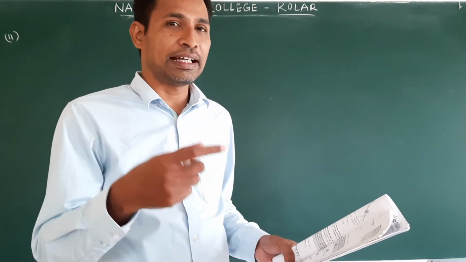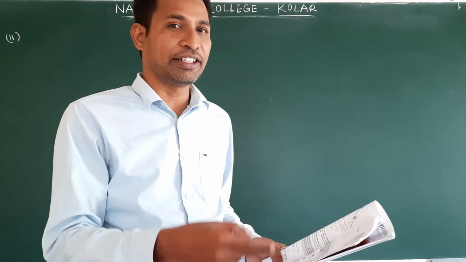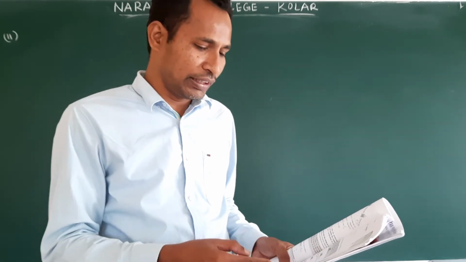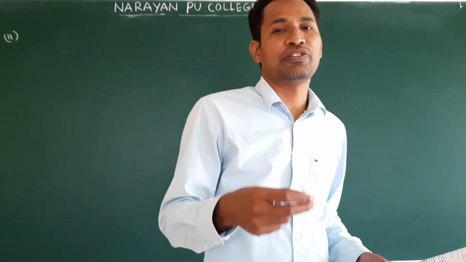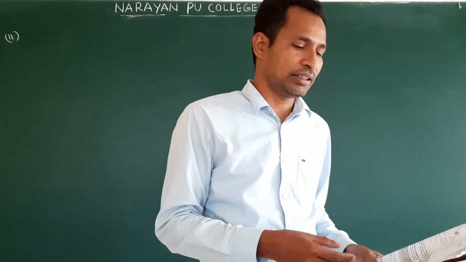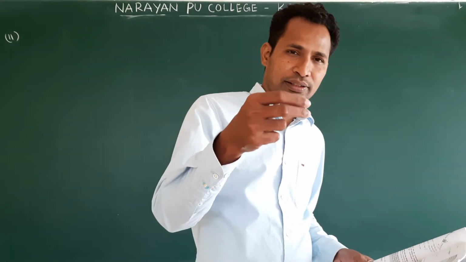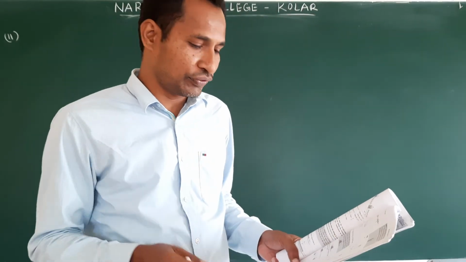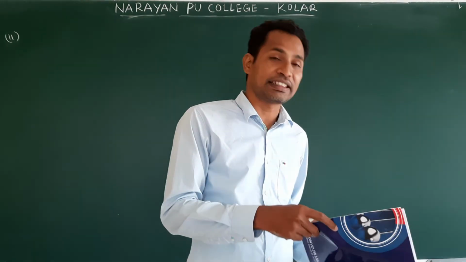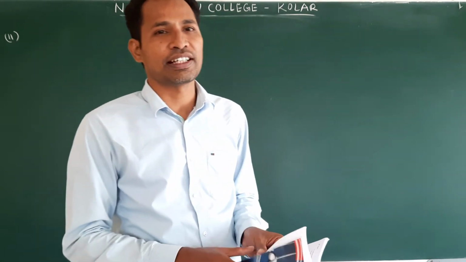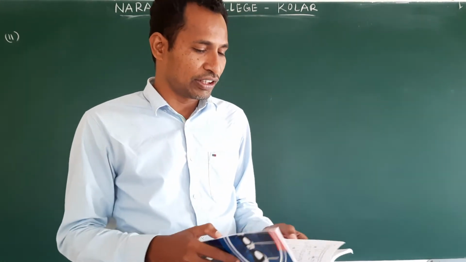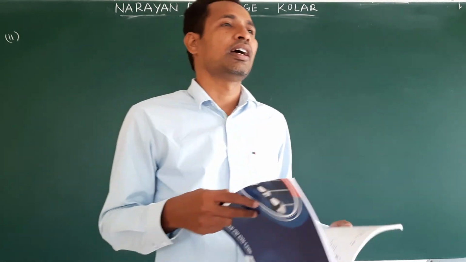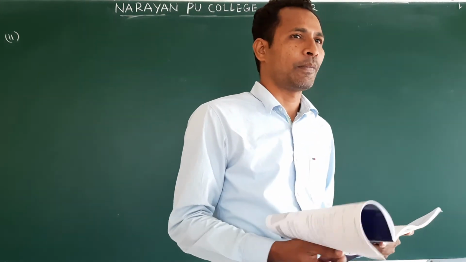Don't confuse. I changed N1 and N2 here. Okay, N1 is the normal reaction between floor and object, and N2 is the reaction force or contact force between two blocks. Just I changed. Don't confuse. Next, motion in an elevator. This already we discussed. Moving with constant velocity, moving with acceleration downwards, moving with acceleration up. Okay.